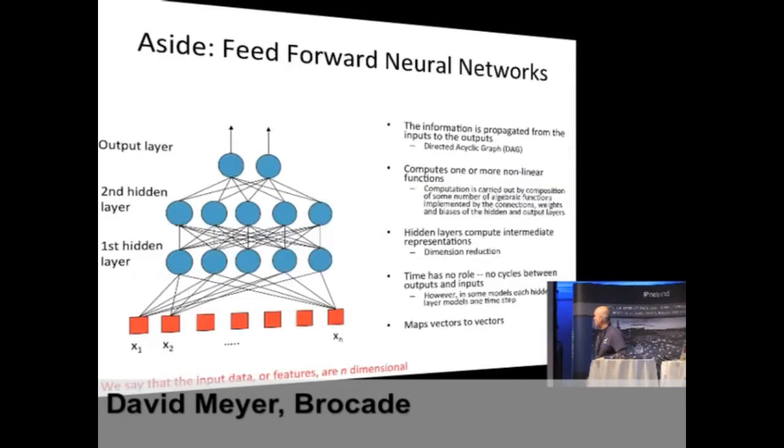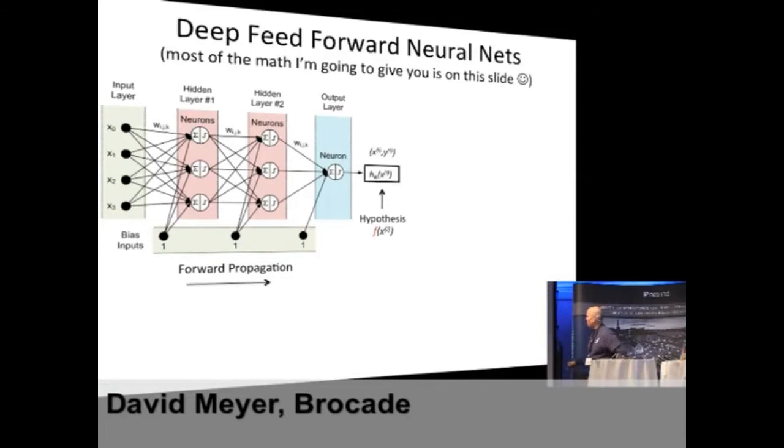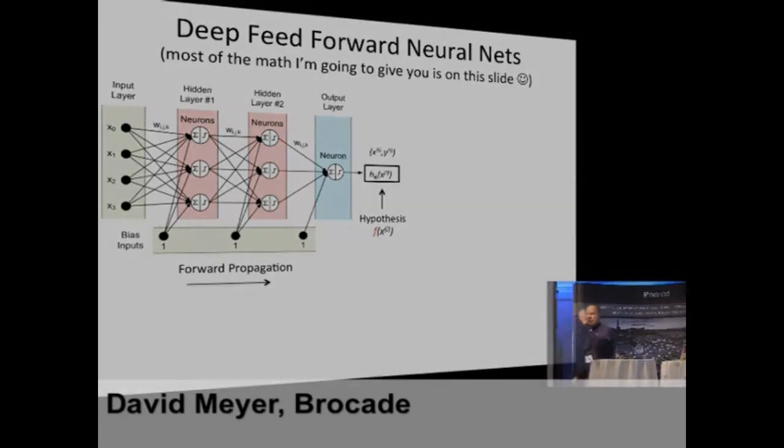Feed-forward neural network. Okay, here's how a feed-forward neural network works. This is a little bit of math, but just bear with me on this. So here's how these things look. On the left side, on your right side, there are inputs. So this is that vector. I said they're measurements from your network, right?